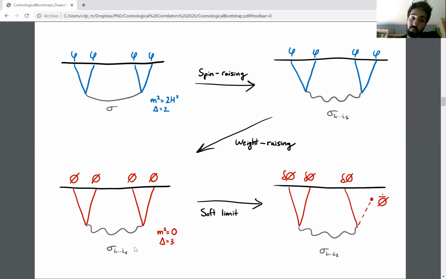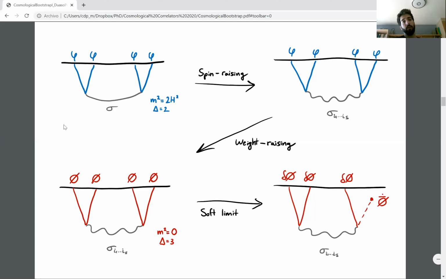Then, all of this we have done in an exact de Sitter background. But of course, if we want to compute inflationary correlators, we need to change this. We need to break the de Sitter isometries at least weakly, and we will do that by taking this kind of limit of the 4-point correlator in order to obtain a 3-point inflationary correlator. This limit amounts to evaluating one of the legs of the correlator in the inflationary background.